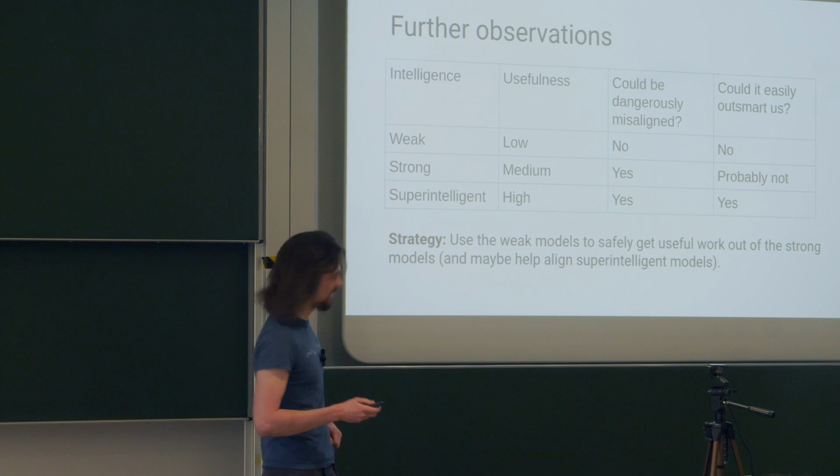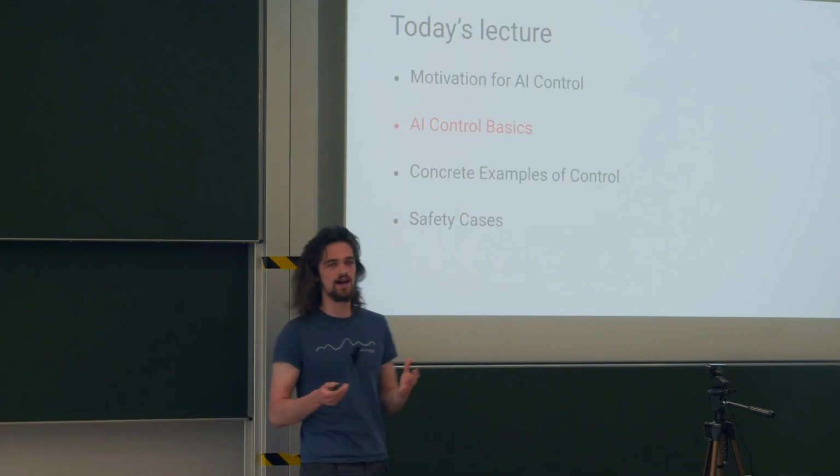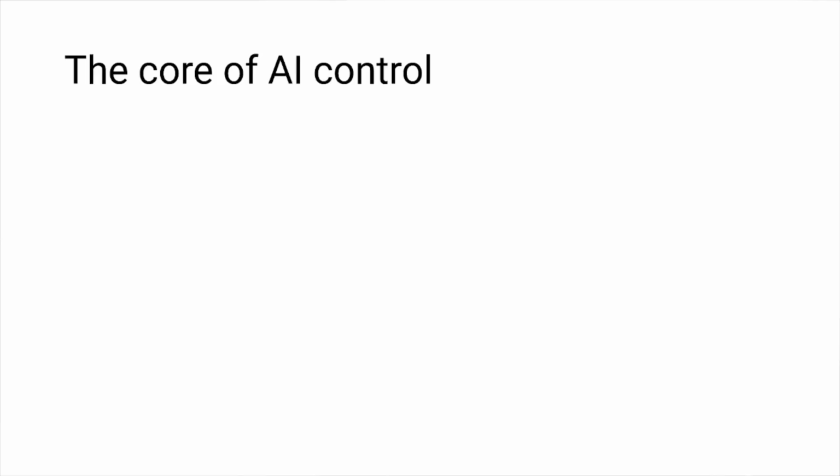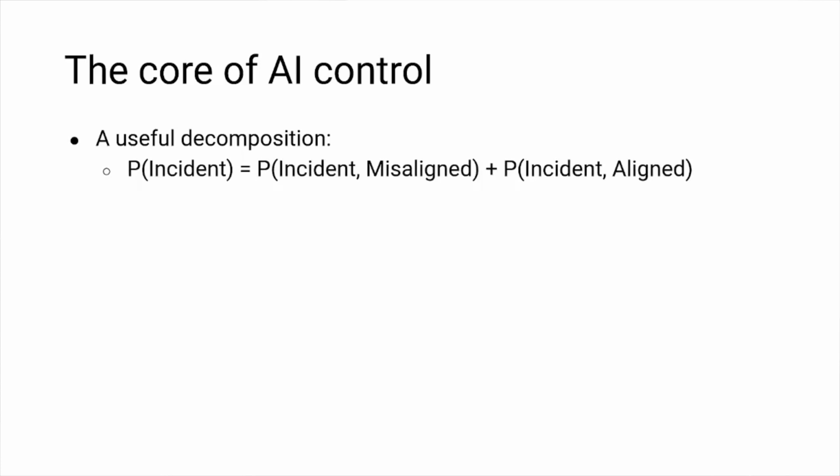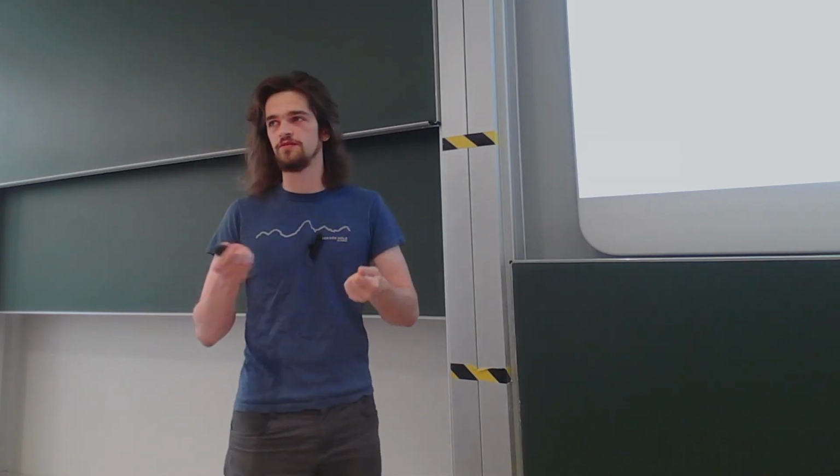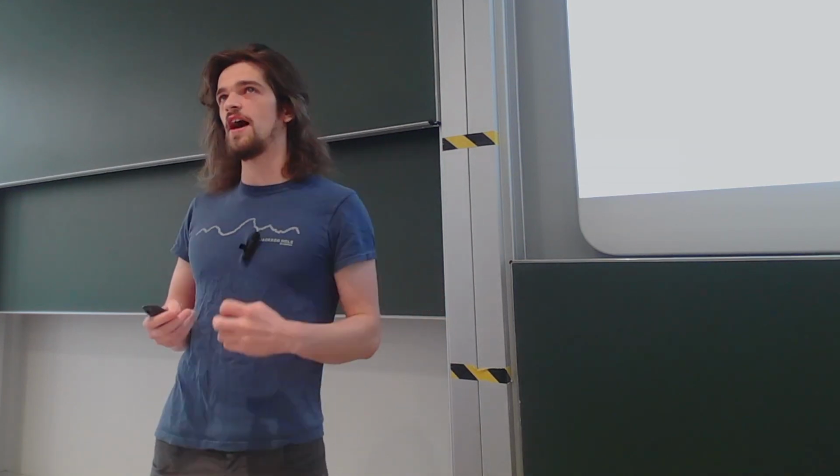Okay, so this is where AI control comes in. AI control begins by reasoning about the probability that you have some sort of incident. The probability of an incident is the probability of an incident where your model is misaligned, plus the probability of an incident where it's aligned. The probability of incidents where it's aligned is not zero, not really negligible, but this is more in the realm of accidental risk, and so maybe not something to focus on if you're really scared about a model